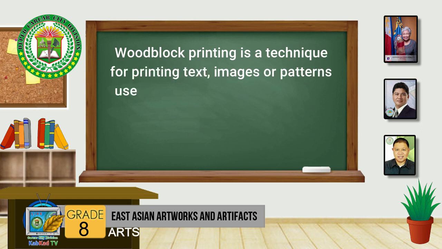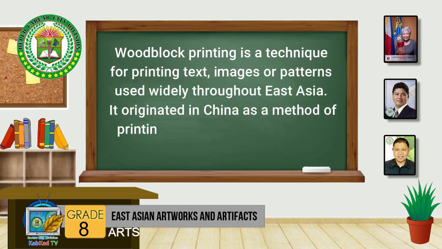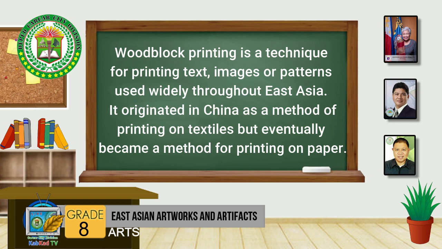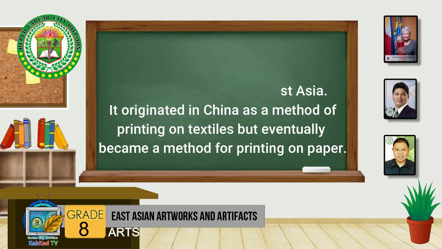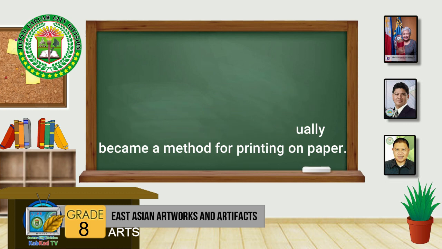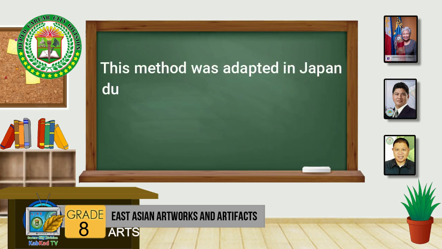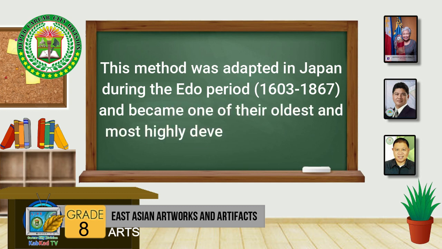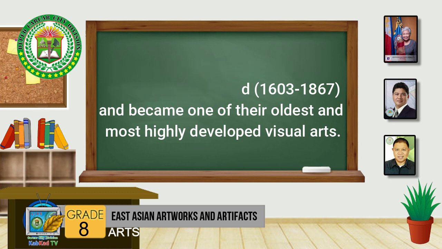Woodblock printing. It is a technique for printing text, images, or patterns used widely throughout East Asia. It originated in China as a method of printing on textiles, but eventually became a method for printing on paper. This method was adopted in Japan during the Edo period and became one of their oldest and most highly developed